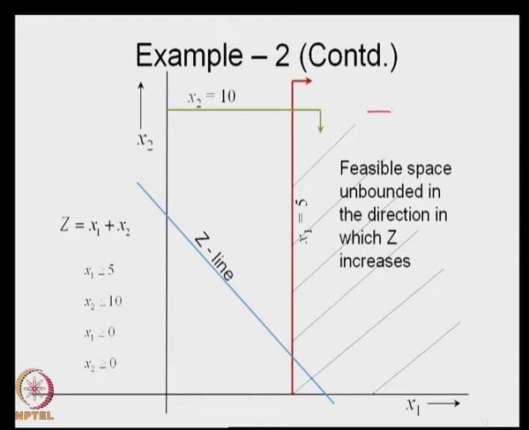Let us say you extend this. All of this region is feasible, and z is increasing in this direction. As you increase z, it moves in this particular direction. There is no restriction at all. You keep on moving, there will still be at least one point, and z keeps increasing in this direction as x1 increases. So, you can keep on increasing x1 without violating any conditions, and therefore x1 can go up to infinity and z will reach infinity, and therefore this is an unbounded solution.